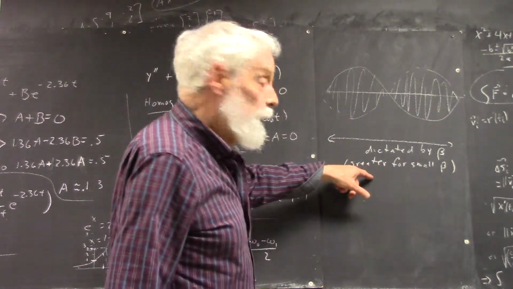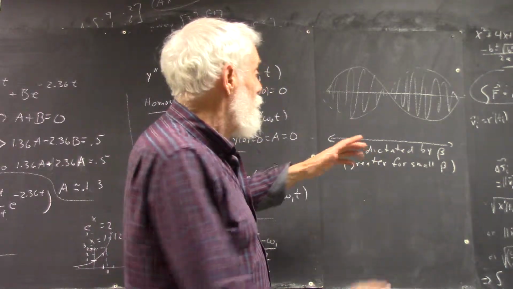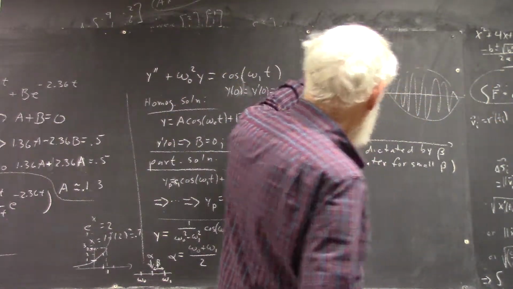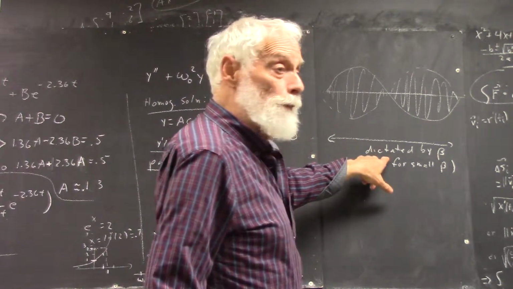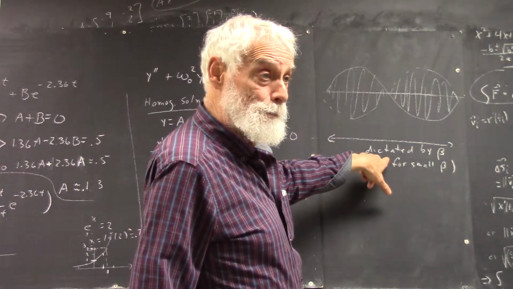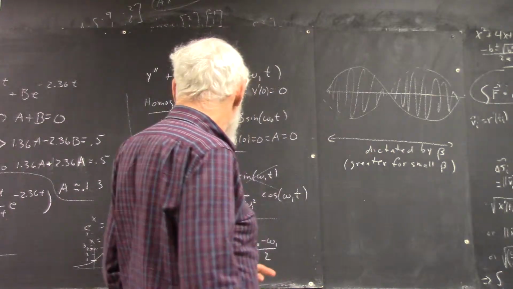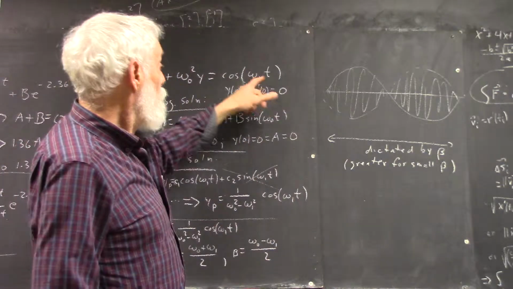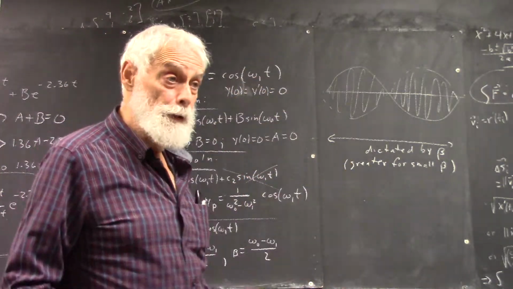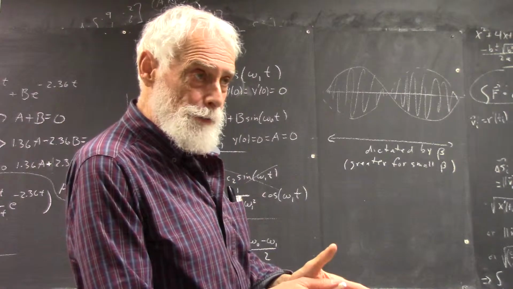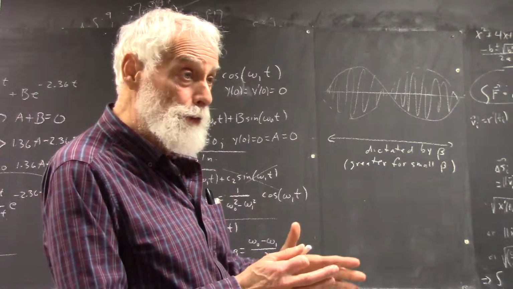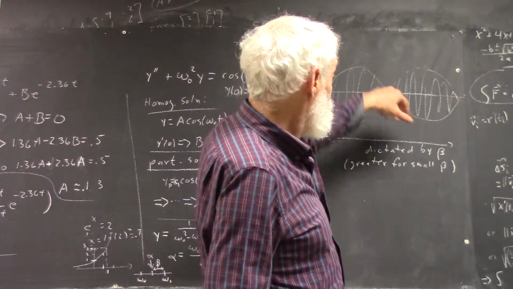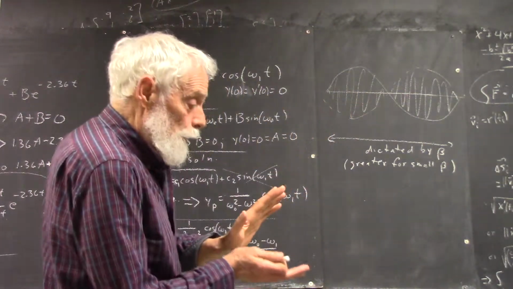The smaller beta gets, the longer it takes to go through this whole thing. And the more oscillations you'll have within it, because the number of oscillations isn't going to change much. The average is going to be close to, if it's a 0.7 radian per second natural frequency, and omega 1 is close to that, then that's about what it's going to be. It's going to approach 0.7 seconds as a limit, but it's always going to be close if omega 1 is close to omega 0. So this is going to stay about the same, but the envelope is going to extend much further